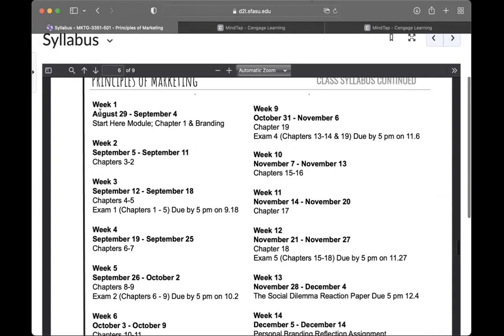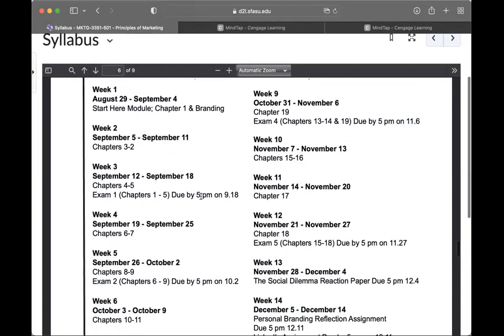So as I was saying, I run this as a Tuesday through a Monday. And you will see each week is broken down by chapter. The key here, and the thing that sometimes throws students off, are the due dates and the times. Your first exam and all of your assignments for this class will be due at 5 p.m. This is for a reason.